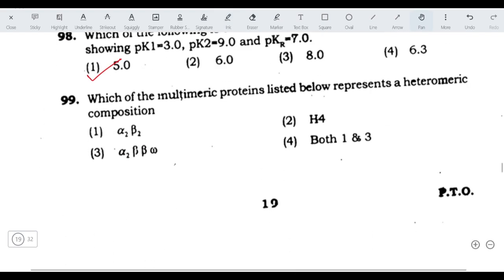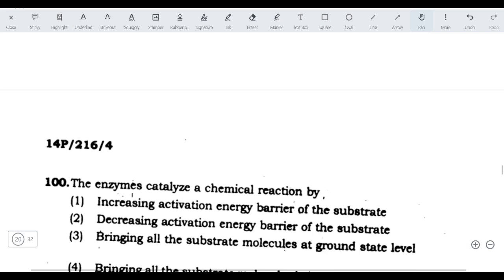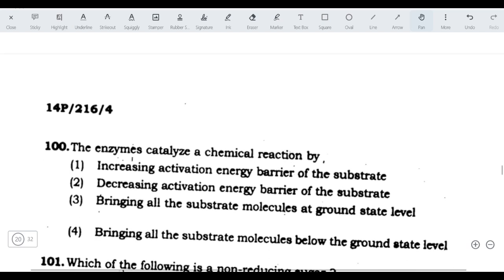Next question. Which of the following multimeric should be present. So the answer is alpha, right? And last question is the enzyme in a reaction. So here is the activation energy. So every reactant has to reach activation energy. Activation energy. So I hope